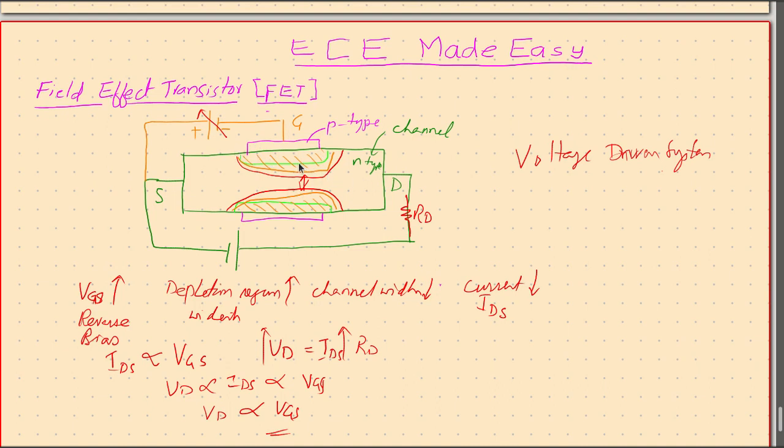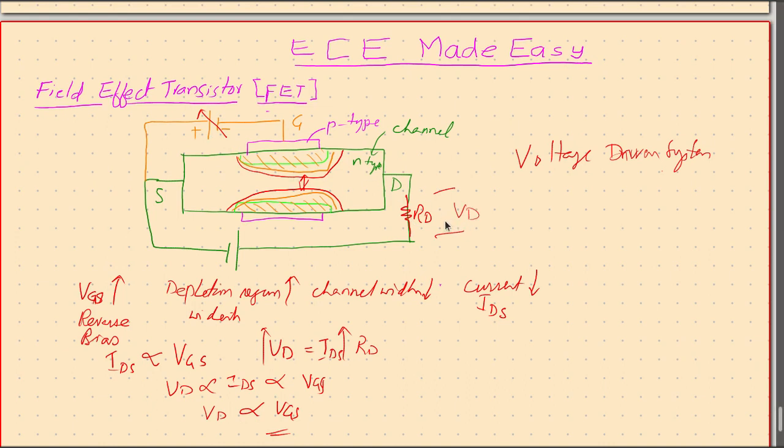In the forward bias you don't find much interesting facts, therefore we don't work in the forward bias of the gate source junction, we only work with the reverse bias. So we just apply reverse bias to the gate source, and proportional to that change in the reverse bias you find change in the IDS, proportional to change in IDS you find change in VD. So a small change here can produce a large change across this.